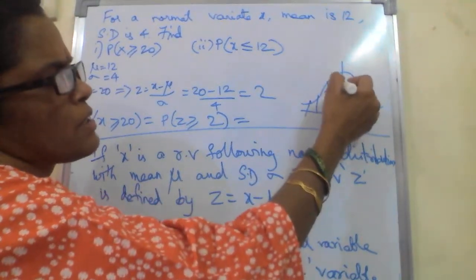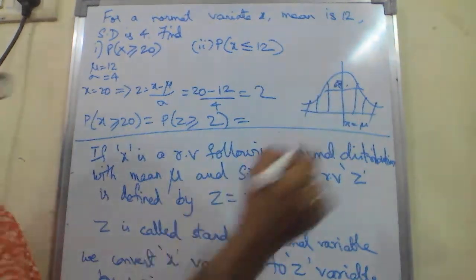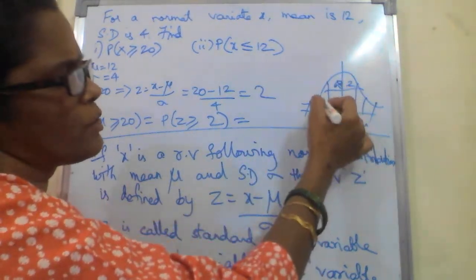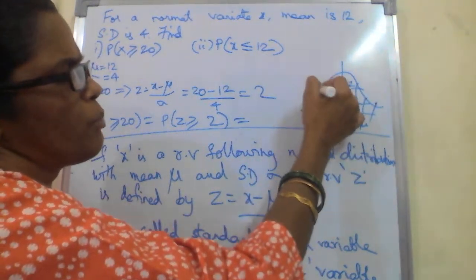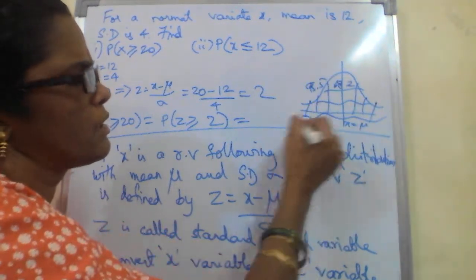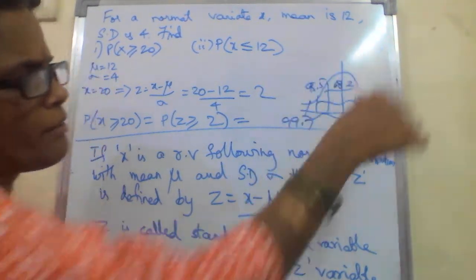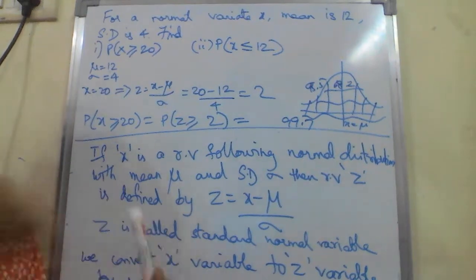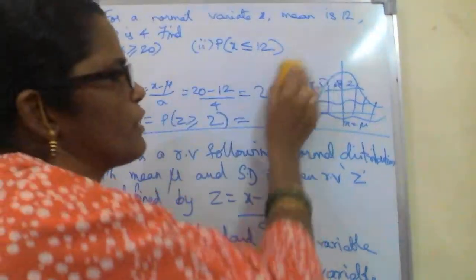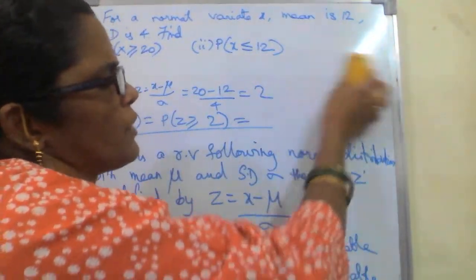Approximately this will be 68.2%, and this will be 95.5%, and total is 99.7%. All the values lie between plus or minus 3 standard deviations from the mean. So now